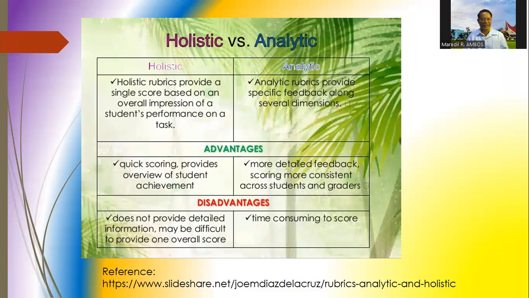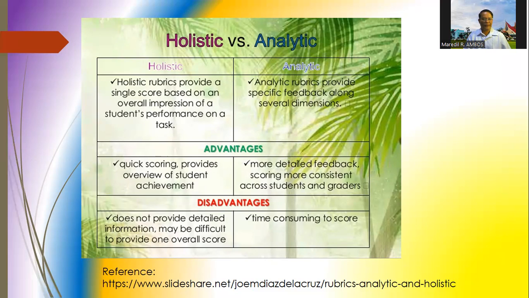For the advantages, holistic is quick scoring. You can easily score it, and it provides an overview of students' achievement. While for analytic, it is more detailed feedback, and scoring is more consistent across students and the graders. The graders are, for example, the